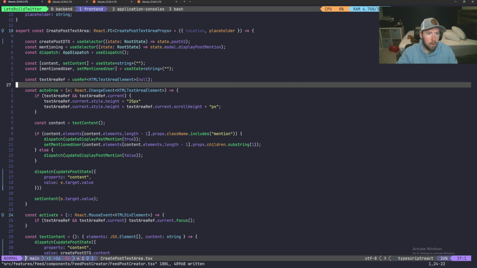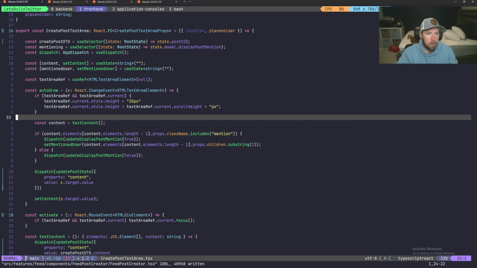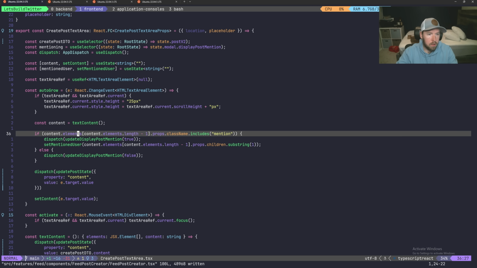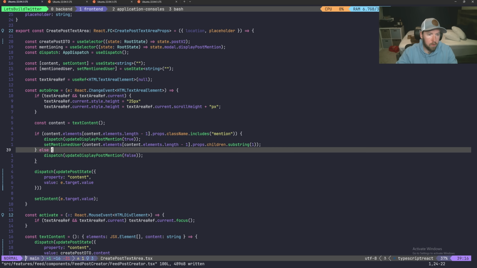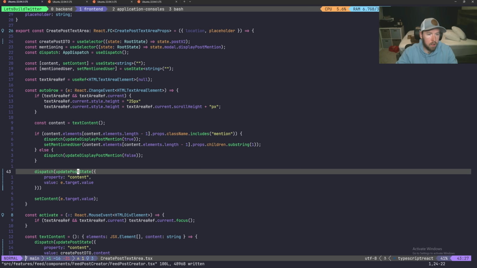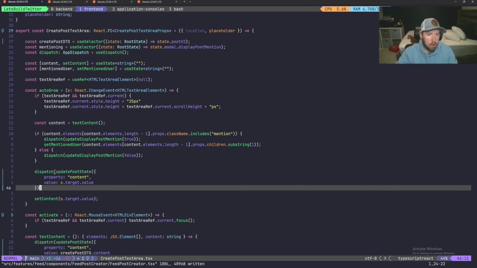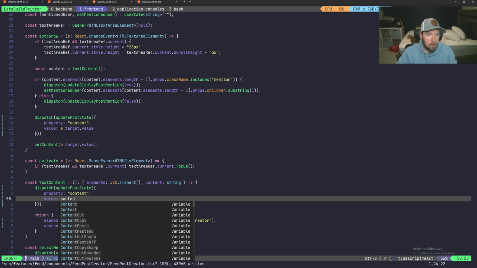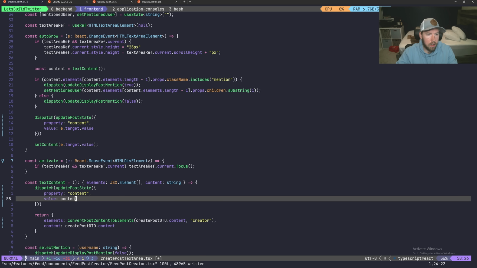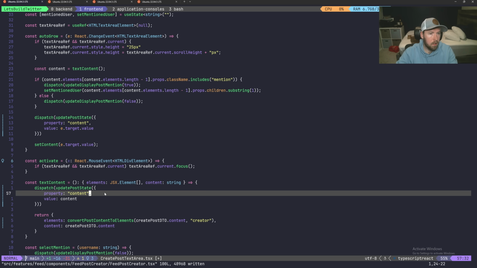I don't see where our useEffect would be breaking anything. So here we're doing our auto grow. Here we're doing our text content. Let's see here. Set mention display, okay, and dispatch post mention. And then here we're updating post state to e.target.value. I wonder if, yes, there is. So I bet this is it. I bet this is supposed to be content or something. Let me double check this line right here. So I think that it might be this guy, and I'm guessing it's supposed to be content,